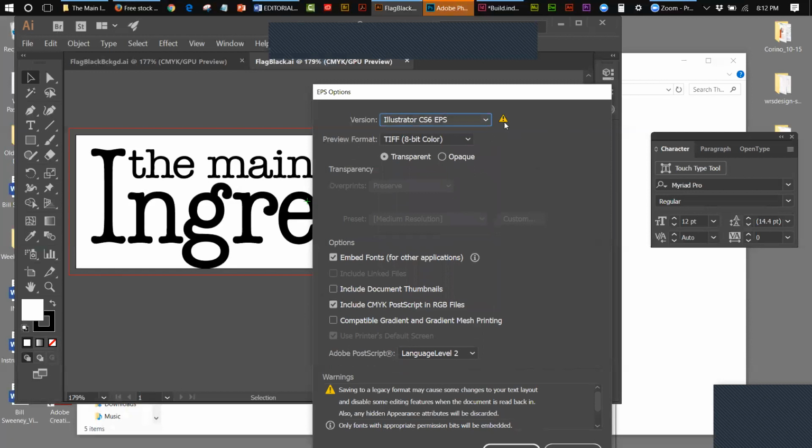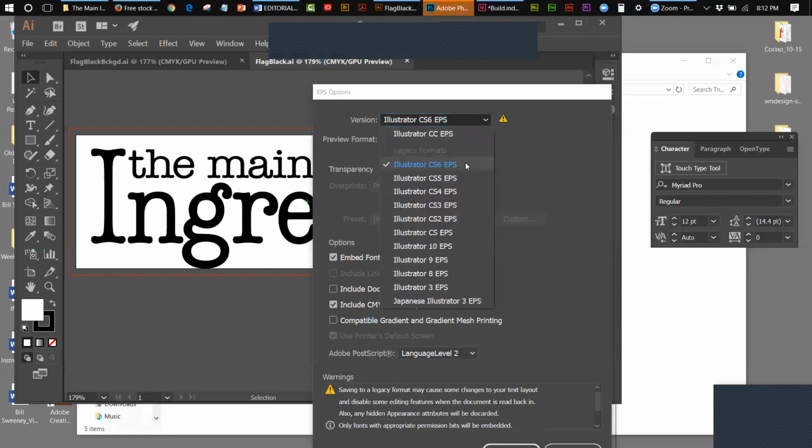You get this right here, okay, which is an alert telling you that it will no longer work. Well, I don't know, what does it say? Oh, saving to a legacy format may cause some changes to your text layout and disable some editing features when the document is read back in. Also, any hidden appearance attribute. So in other words, it's telling you there's a warning involved with doing this. I'm not going to do this because I don't need to do it, but I'm just telling you you can